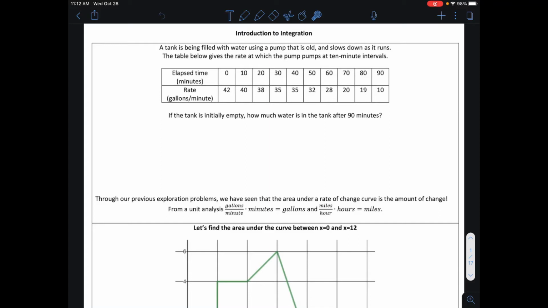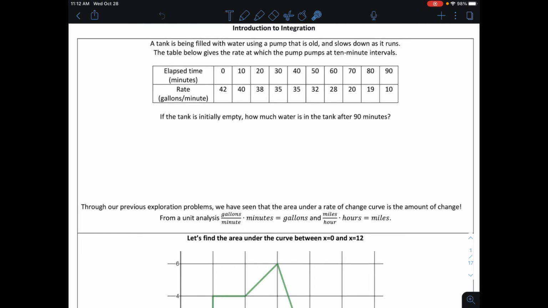Okay, in this video, we're going to start working our way into the topic of integration, and we're going to be looking more along the lines of what definite integration is. What we're going to see as we progress forward through this unit in a few videos is that definite integration allows us to find the value of the area underneath the curve, and we're going to begin here with an